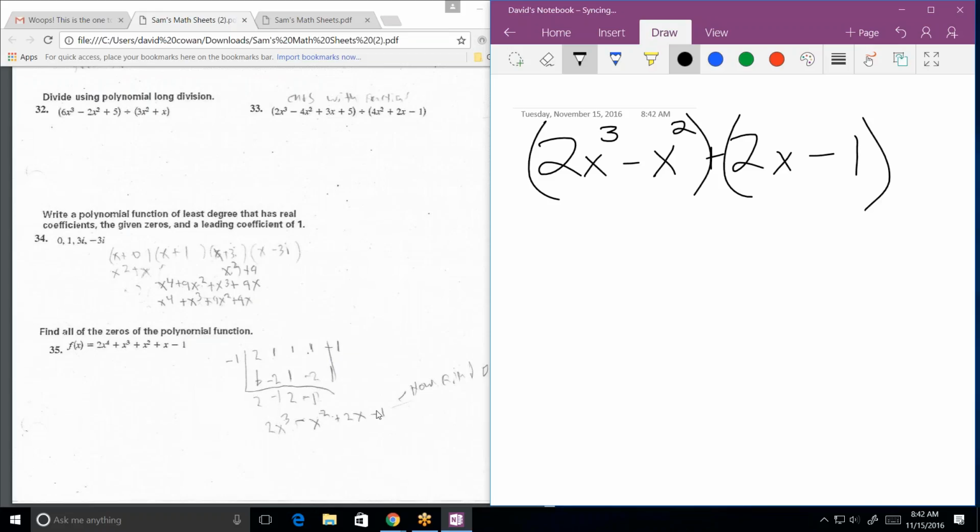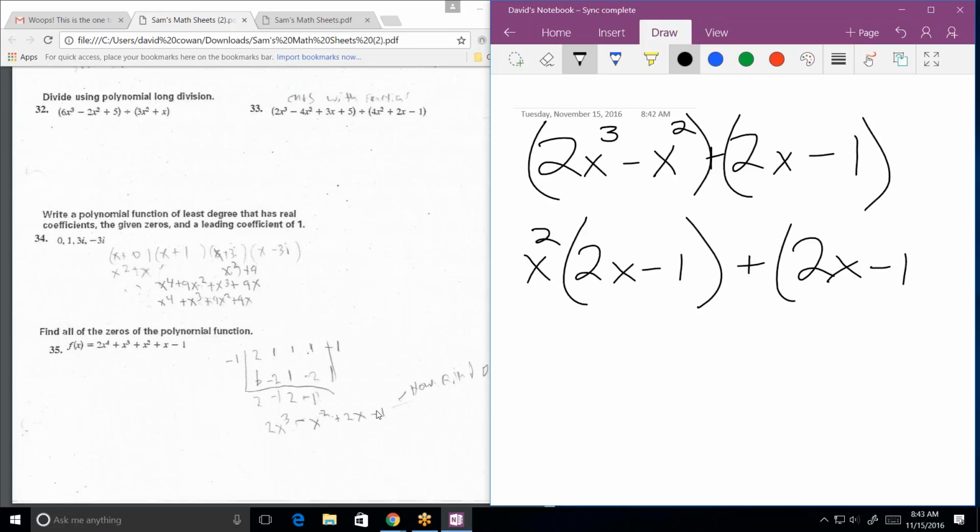What's the greatest common factor that's coming out of that? I guess it would be, for the first one, 2x. No, you can't factor a 2 out. You can factor an x squared out. Leaving what? The 2x minus 1. Okay. And over here I have a 2x minus 1. Now,